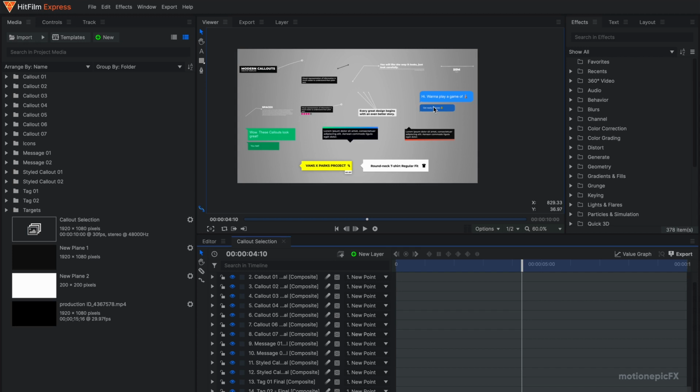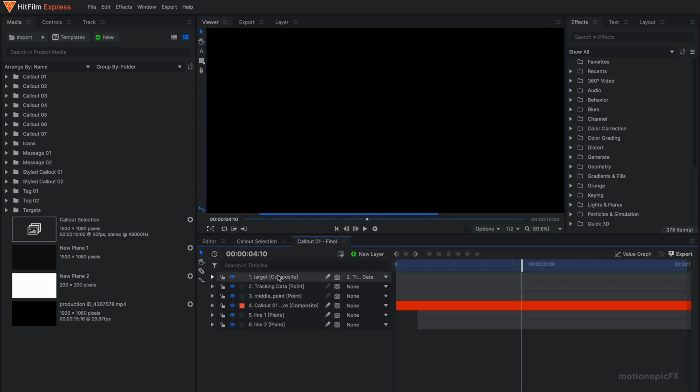So let's start with the very first callout, which is at the top left corner. I can click on that and you can see it just highlights the layer which is selected. If, for example, you want to select this callout in the middle over here, you can click on that and you can see the layer is highlighted and it's called styled callout. So let's select the very first one and we can just double click on the layer and it will open